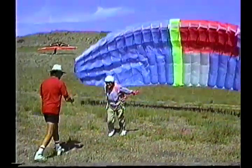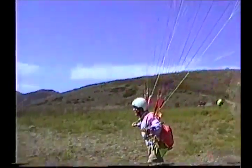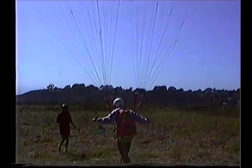Keep leaning this way. Just walk this way. Keep walking. Good. You're doing great. Just keep coming this way. Don't ever lose your balance. You've got to keep